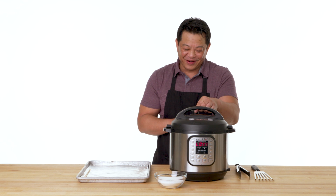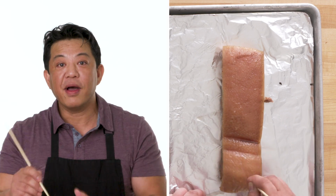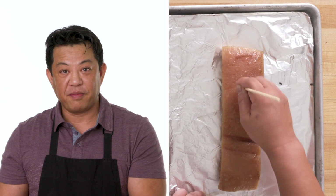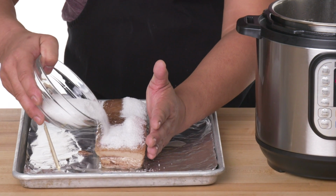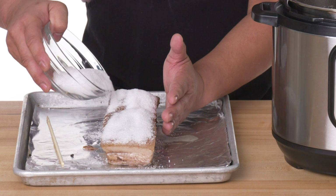Okay, that's gonna do it. Let's get the steam out first before, woo! Hello. Alrighty, here we go. Drum roll, please. We must poke the skin and the fat portion of this pork belly, just so it helps dehydrate in a sense. And now I'm gonna add a little extra help of dehydrating and crisping using 1 cup